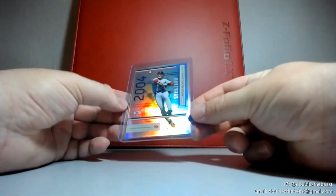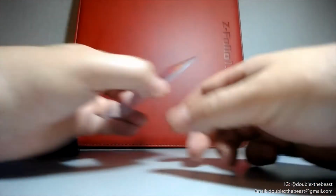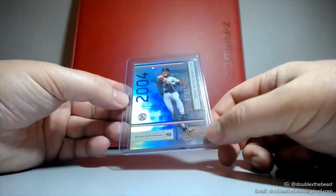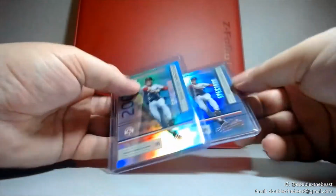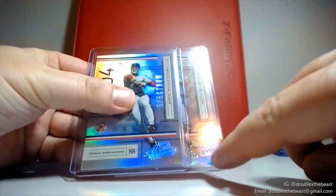So just a cool shiny card. And then up next, I have the same. It's the same one. This is the gold version. So the Spectrum here, if I can get them side by side, you can probably see it better. The Spectrum on the one on the right here is in gold, and so is the